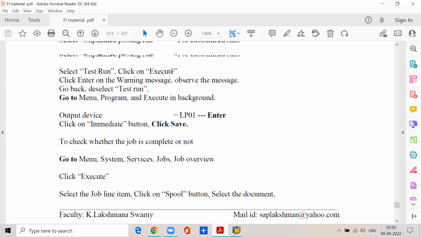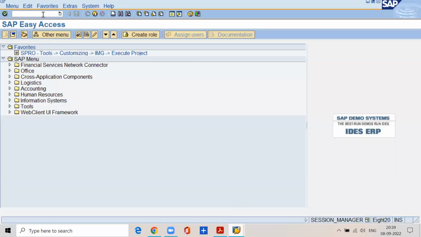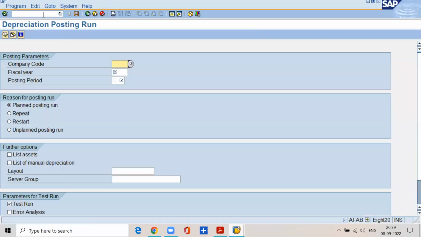Yesterday we have seen how to calculate and post the depreciation, right? Transaction code AFAB. Okay, so let us go back to AFAB again. Company code SSDS, fiscal year 2022, posting period G1. Okay, here, reasons for posting run, planned posting run. So we select this planned posting run if we are calculating and posting the depreciation as per